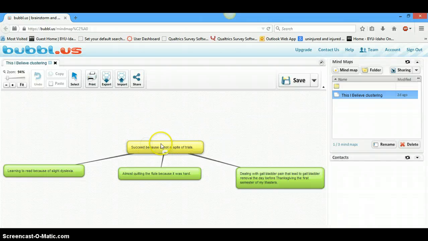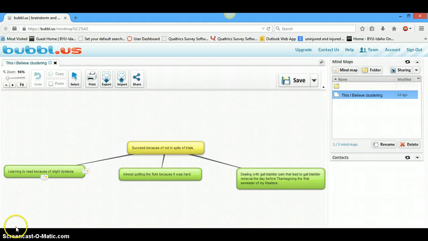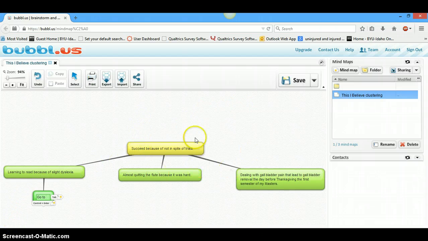So one thing here, sorry, I'm going to see if I can add another one. Right, so let's say that this is the one that I've decided to do my belief on, and again I talked about I can't probably do all of these ones, so I'm going to deal with probably this one, and then I know that I'm going to deal with these experiences, so I'm going to add some detail to them. So one of the things is going to resource room, so I'm going to add some of the details of this experience, okay, and then I'm going to add another one.